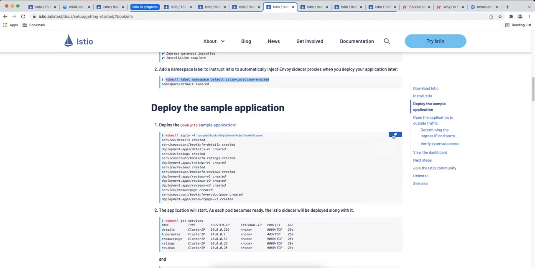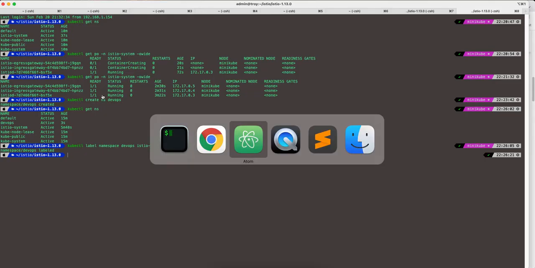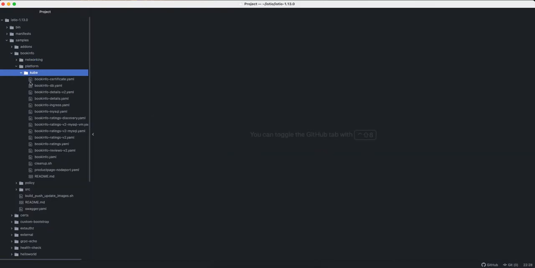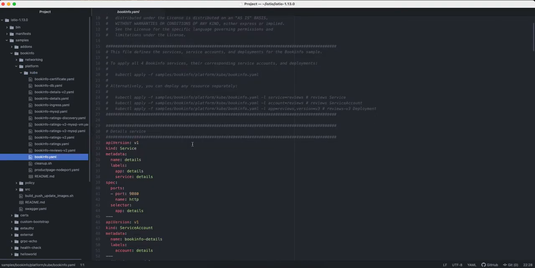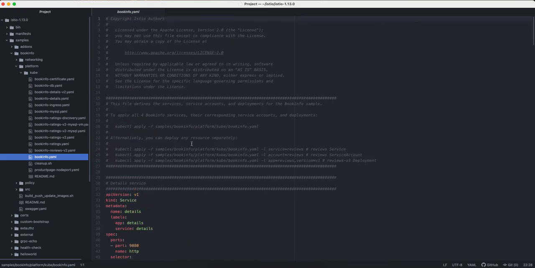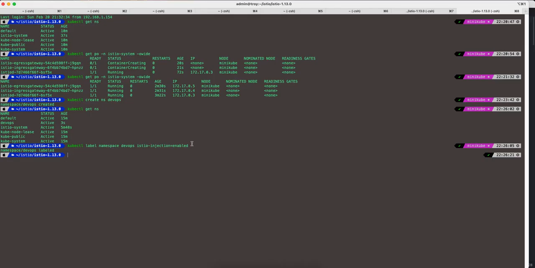We will deploy the Bookinfo sample application, which is available in samples, bookinfo, platform, kube. So I'm sorry, I think we will start with platform, kube, bookinfo.yaml. If you see there, all the manifest information is available here, right? So what we just need to do is copy paste this, and after this we need to mention that